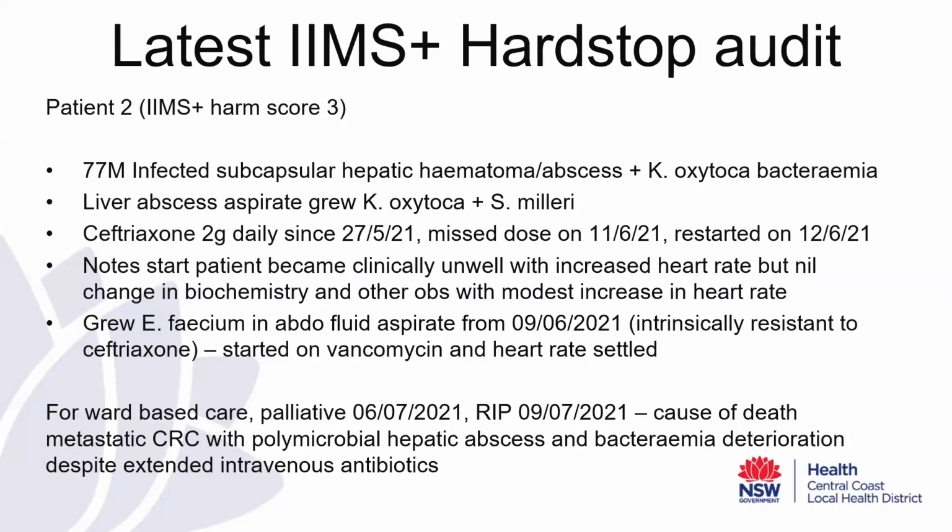The second patient was a 77-year-old male with an infected subcapsular hepatic abscess, and also a Klebsiella oxytoca bacteremia. The abscess aspirate also grew Kleb oxytoca and also a Strep anginosus. She was on ceftriaxone since late May 2021 and missed a single dose 15 days into her therapy. The notes say he became